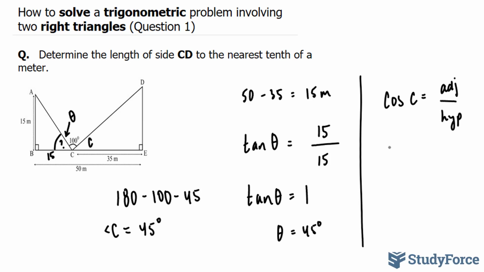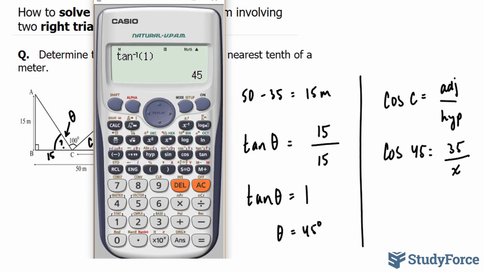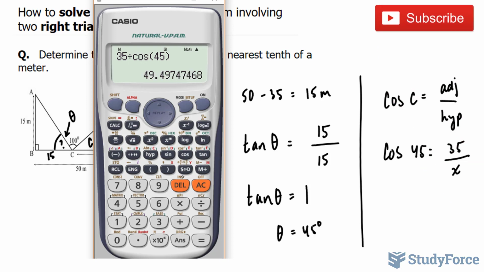So let's fill this out. Cosine 45 is equal to 35 over this unknown value. Let's call it x. Using our calculator, we'll take 35 divided by cosine 45, and this gives us an x value of approximately